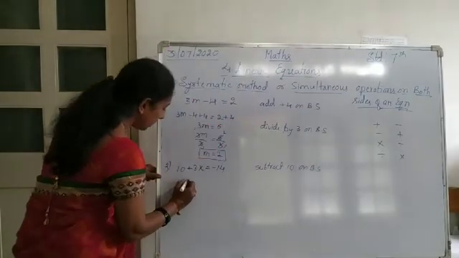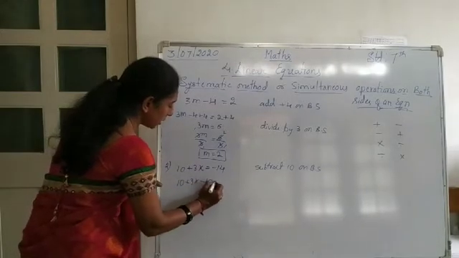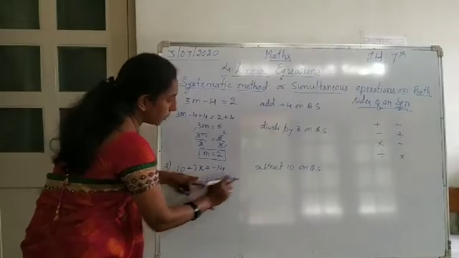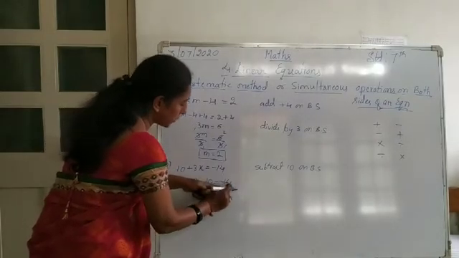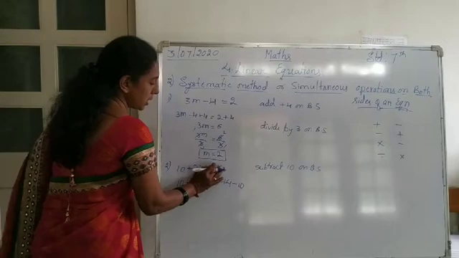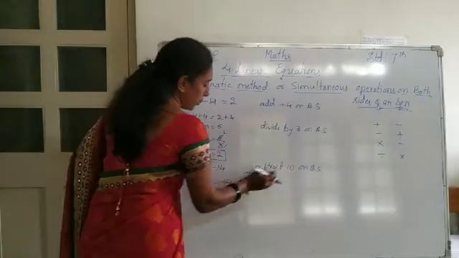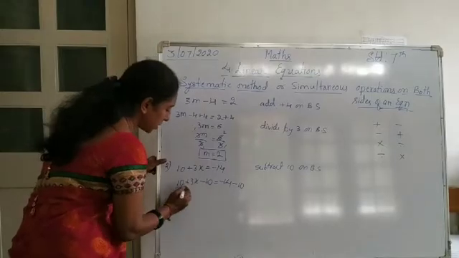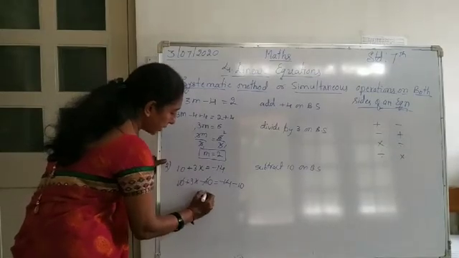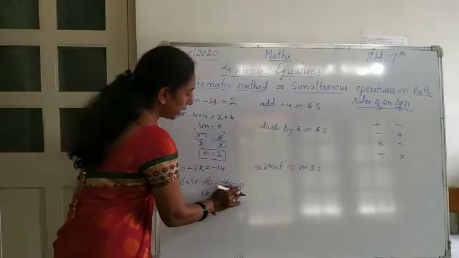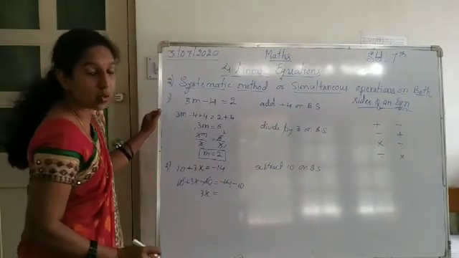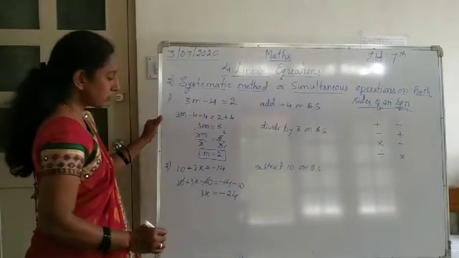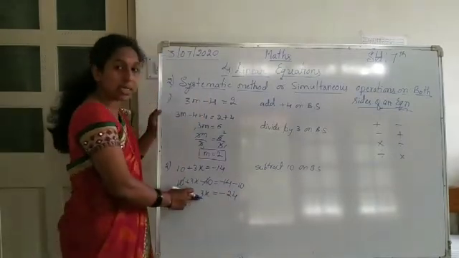So 10 plus 3x minus 10 is equal to minus 14 minus 10, because the same I copied here, and then what I am doing on the RHS part I have done. Now here 10 plus 10 minus 10 cancel. So what is left? 3x is equal to minus 14 minus 10, so integers, we have to add the numbers with the negative sign. Minus 24.